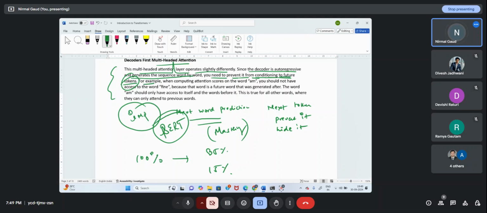ओके, एग्जांपल के तौर पे समझते हैं। व्हेन कंप्यूटिंग द अटेंशन स्कोर, मतलब आप देखिए अटेंशन स्कोर कंप्यूट, अटेंशन मैकेनिज्म में अटेंशन स्कोर विल बी कंप्यूटेड, व्हाट एल्स विल बी डन। जैसे कि on a word M, for example I am computing the attention score for M, you should not have to access the word fine।